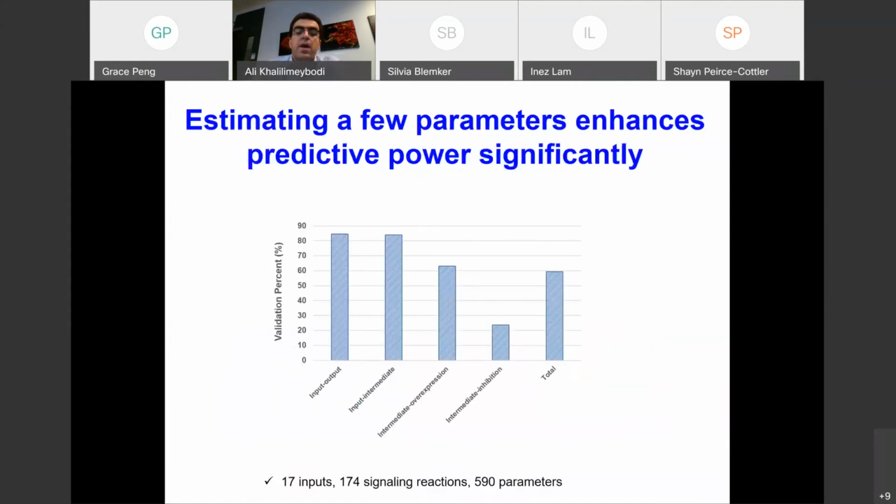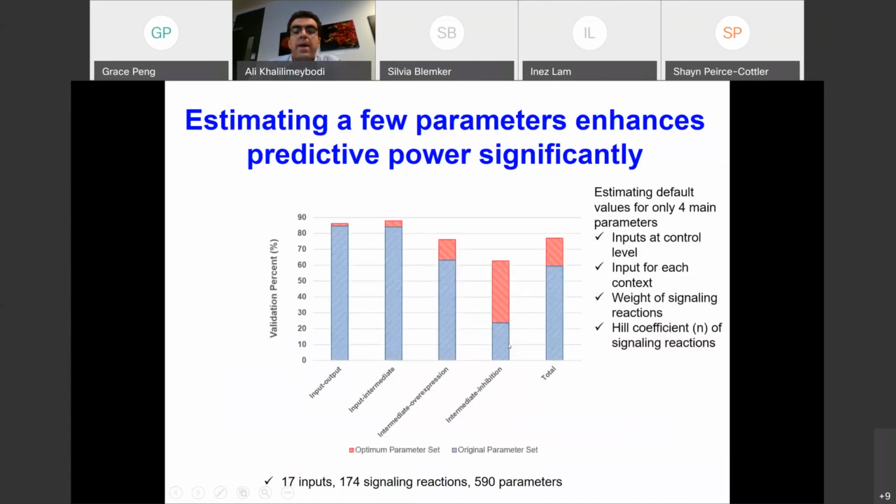As you can see, our previous model can predict the expanded data in the first two classes nearly well. For example, for input-output and input-intermediate classes, our previous model can predict more than 80% of the experimental data points, but it has limitations in the two new classes of data. So